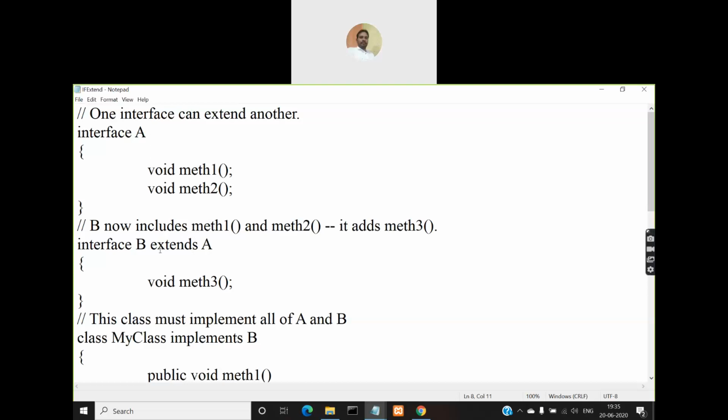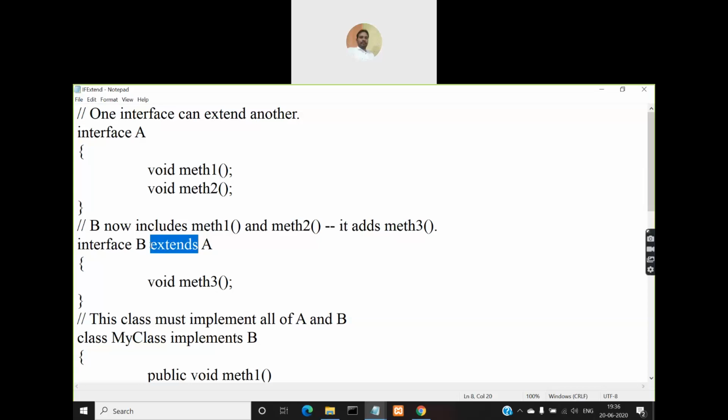Okay, so what will happen when you use this extends keyword and extend one interface with another interface? Just like how classes work with the extends keyword, where the superclass will inherit its methods and instance variables to the subclass, similarly a super interface can also inherit its members, that is variables as well as methods, to the sub interface.